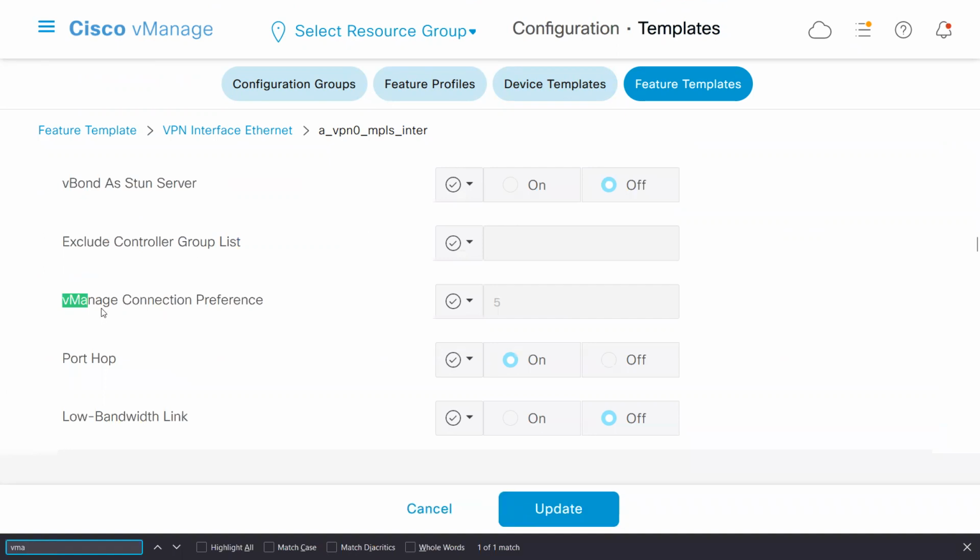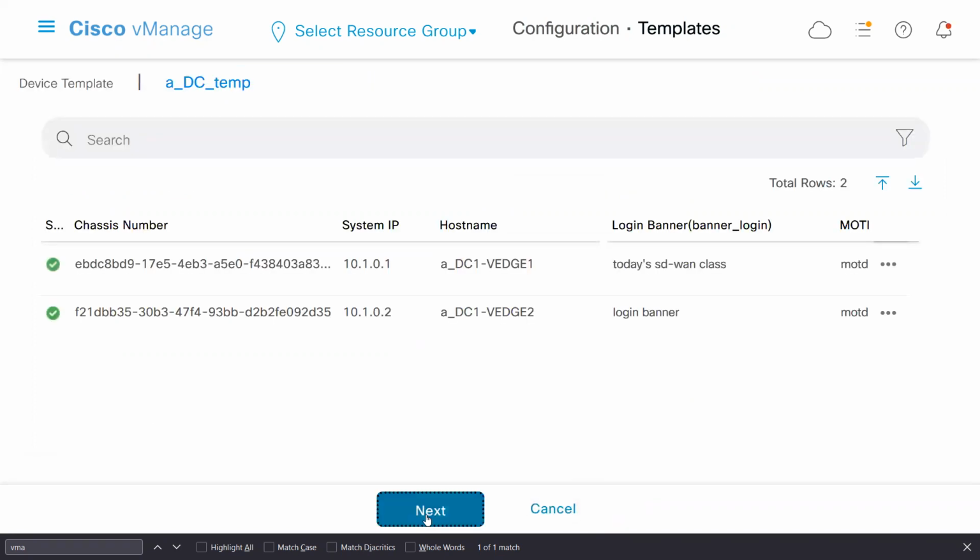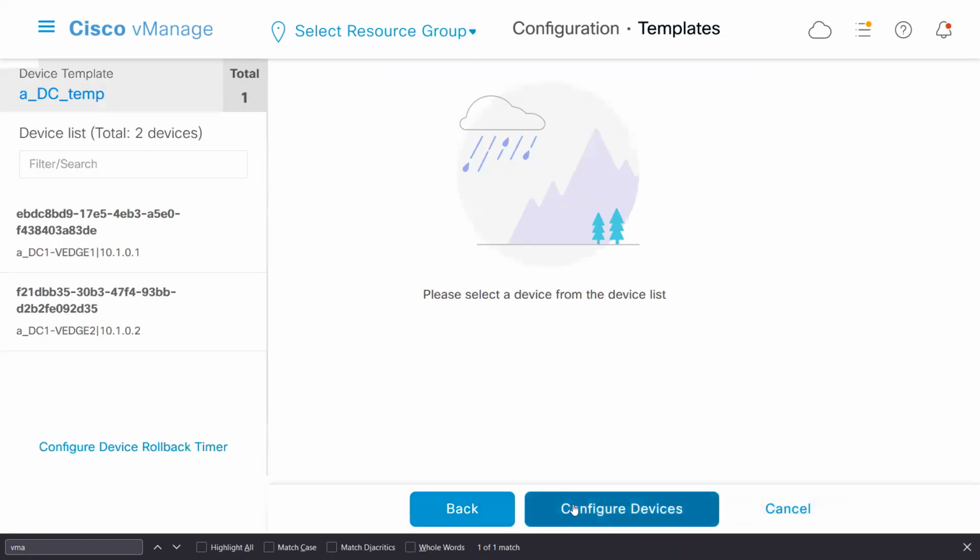Yeah, you can see vManage connection preference. By default it is 5. Its value is from 1 to 8. Maximum is 8. So if I go and make this one, that means the internet connection is also 5. Internet link, vManage connection preference is 5. So that means that instead of MPLS, it will form the tunnel over internet, because of the weight we are giving,